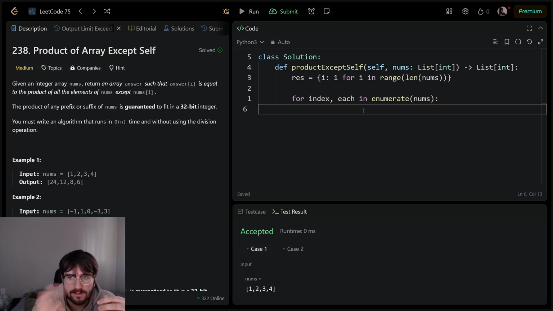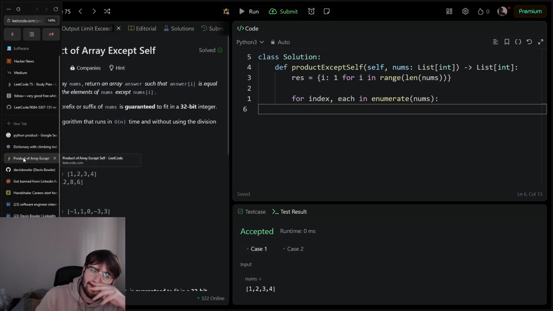Accessing an array element is an O of n operation, but changing the value in a dictionary is an O of 1 operation. My only question is,